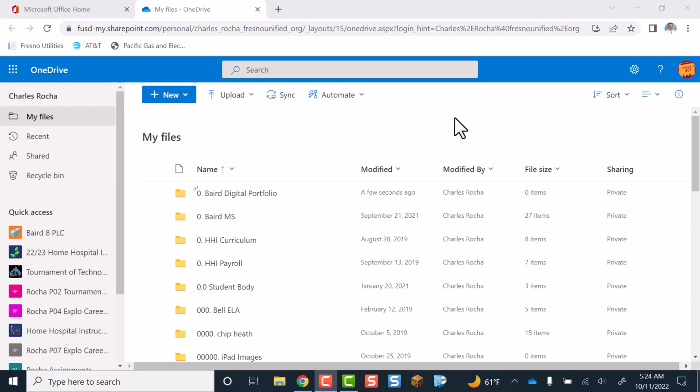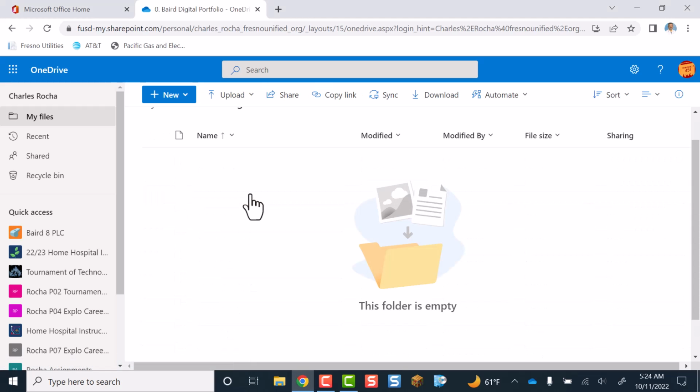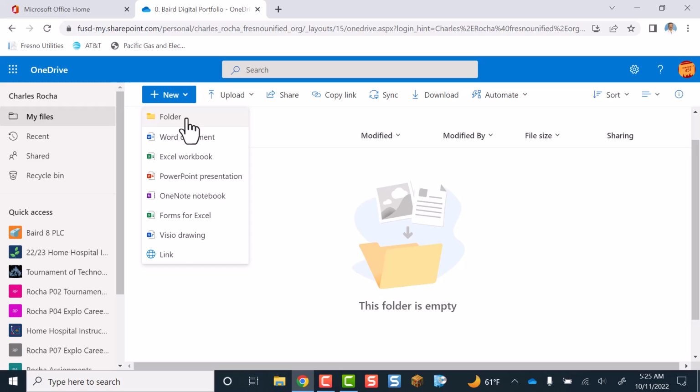Just as a recap, you have clicked on Office 365, opened up OneDrive, and you have created a folder and named it 0 Baird digital portfolio. Now what you are going to do is you're going to open up that folder by clicking on it, and you have to click on the name in order for it to open up. And then you're going to create another folder. And again, you're going to click on that downward chevron to get the menu, click on folder,